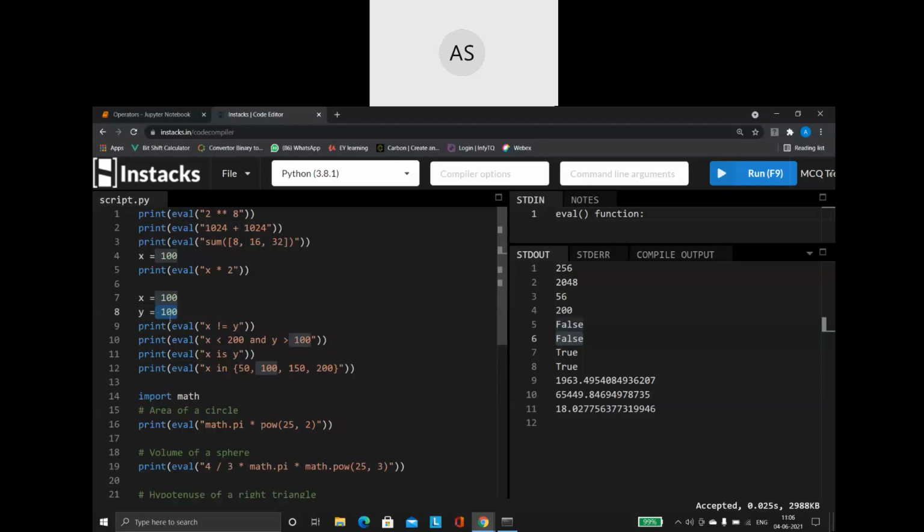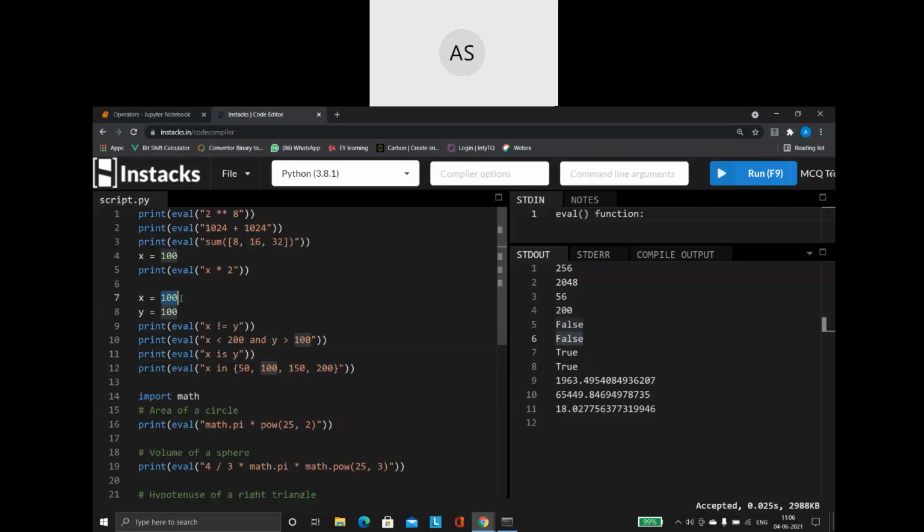It will create one memory, and inside that memory it is going to store the value 100, and both x and y variables will be pointing to the same address. The purpose of the is operator is to check whether x and y have the same memory address or not. We call this an identity operator.